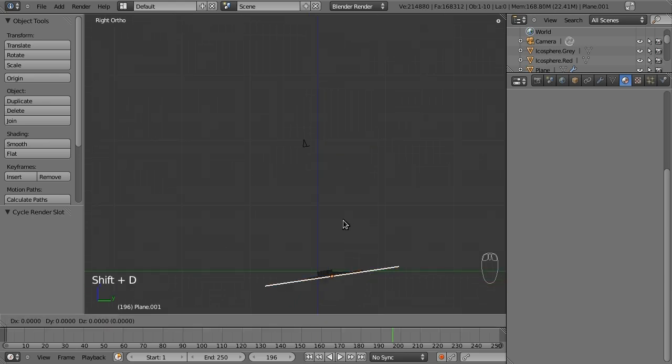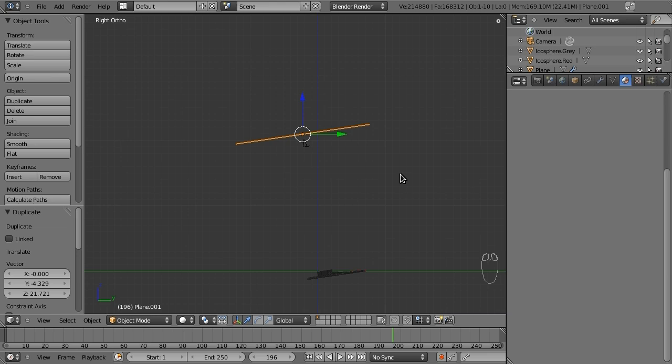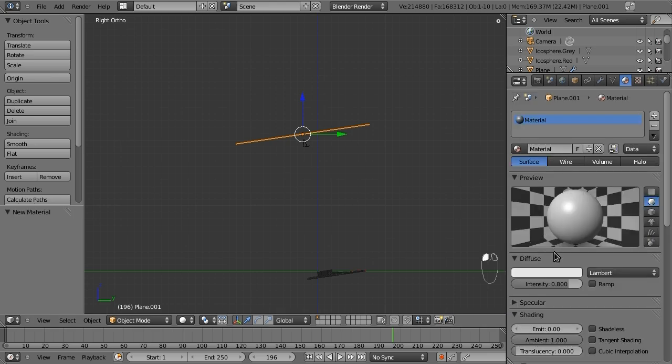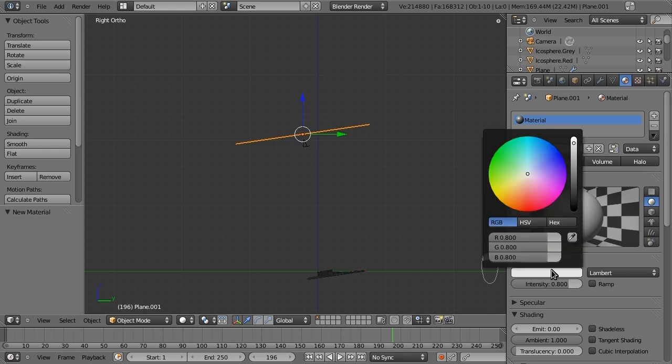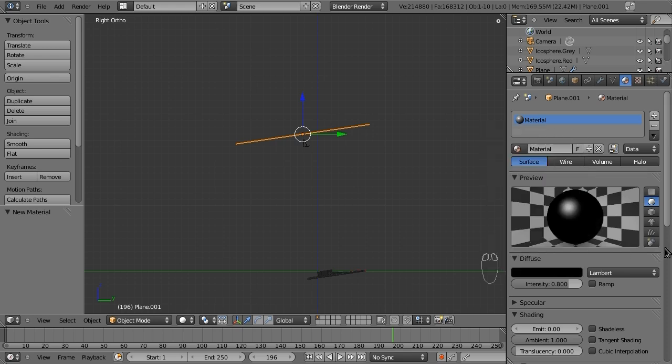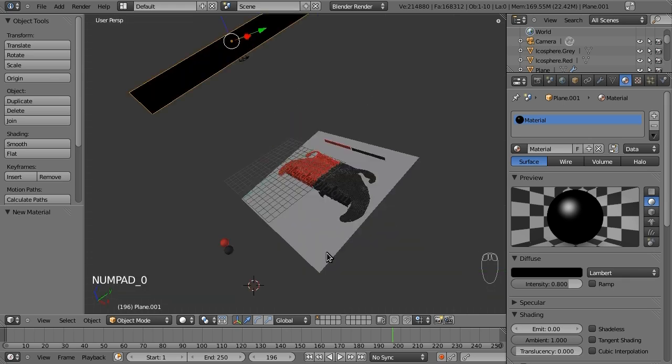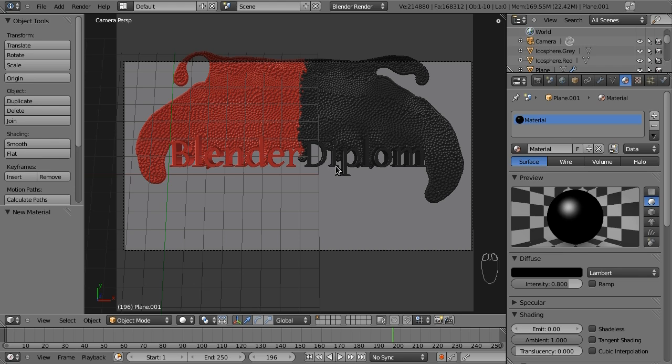I'm duplicating it by using Shift D and moving the duplicate up just above the camera, and I'm giving it a solid black material, which will basically mean that it will reflect black,